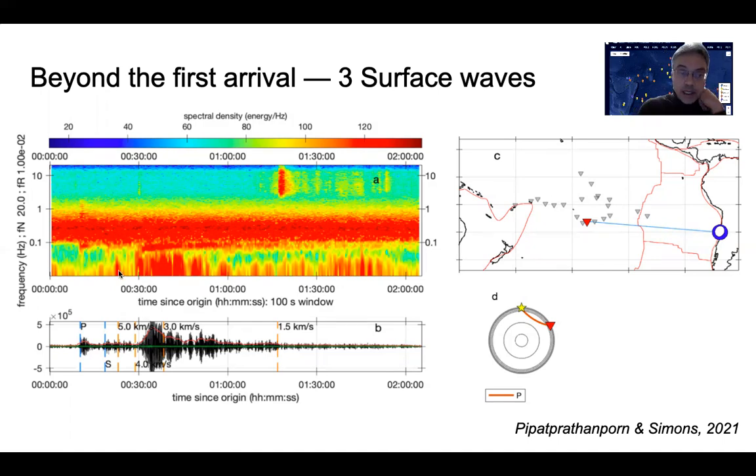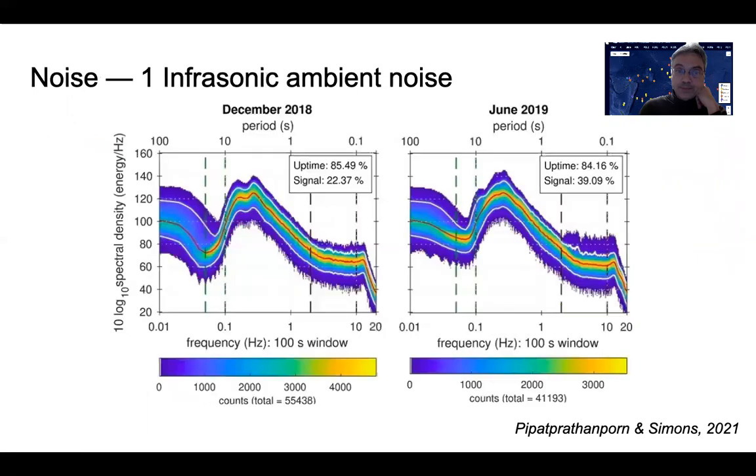What you're seeing here is arriving is the P wave, the S wave conversion, a whole suite of modes developing, and then finally traveling at the water speed at much higher frequencies is the hydroacoustic T phase. This central band, of course, is the large noise that is omnipresent in these records and that we will be studying in more detail. So removing all the earthquakes, removing all the transients, removing all the ships,